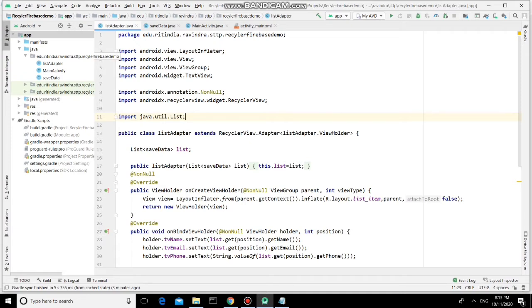Here I have given edu, which is our educational institute, then RIT India, that is our college, then my name Ravindra, then STTP, short term training program, then the project name. So this will not match any of the applications available on Google Play, and won't be rejected by Google Play Store. So you should give a unique package name.